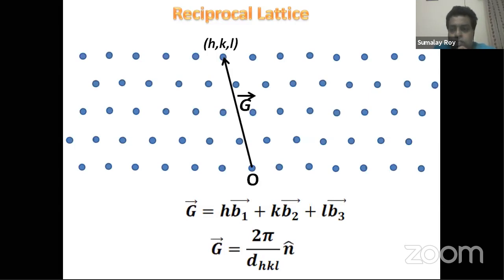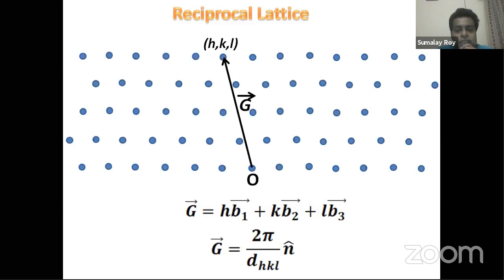Garima Sri asks, what is the use of G to understand the crystal? First of all, G is the vector in the reciprocal lattice. When you have a reciprocal lattice, of course you have to have a vector, like we have a position vector in a real lattice. It is exactly like a position vector in the reciprocal lattice. What is the importance of the reciprocal lattice, such as G to the HKL planes? It will be clear as we go ahead. But the definition of the reciprocal lattice vector is nothing but the position vector of any point in reciprocal space. That is the definition, and that is given by HB1 plus KB2 plus LB3.